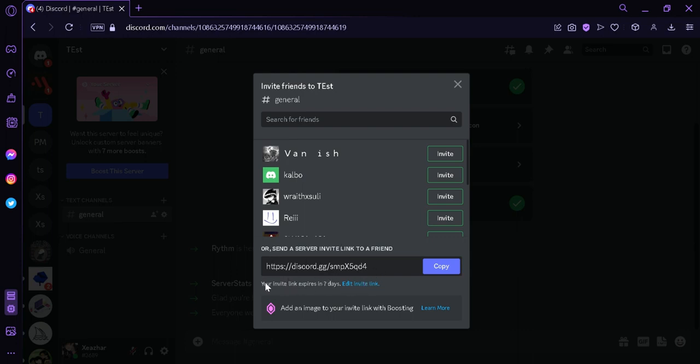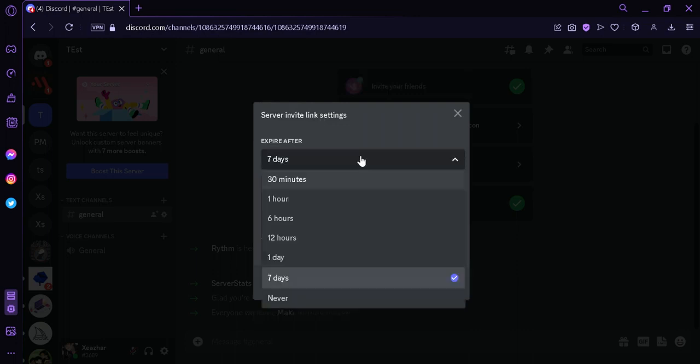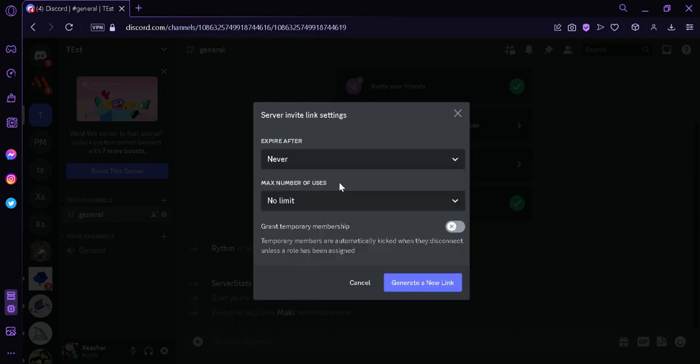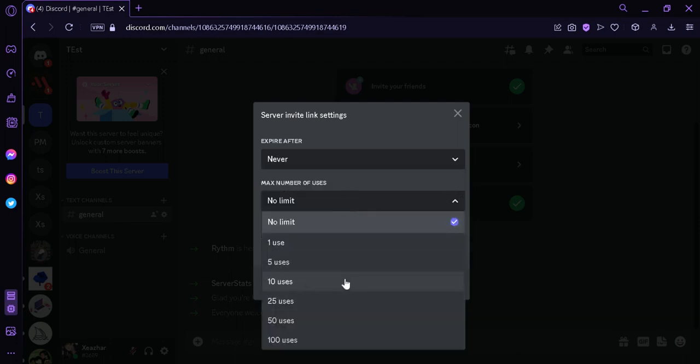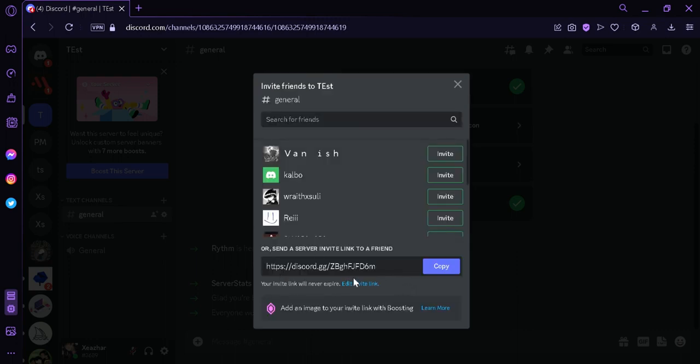As you can see under here, our invite link expires in 7 days. Now we can change this by clicking on edit invite link, and then we can change the expiration to different durations over here. We can change it to never, so that the Discord link will never expire. We could also add a limit on how many uses the Discord link would have, and we could also grant temporary membership. And we're simply going to click on generate a new link, and just like that we can now